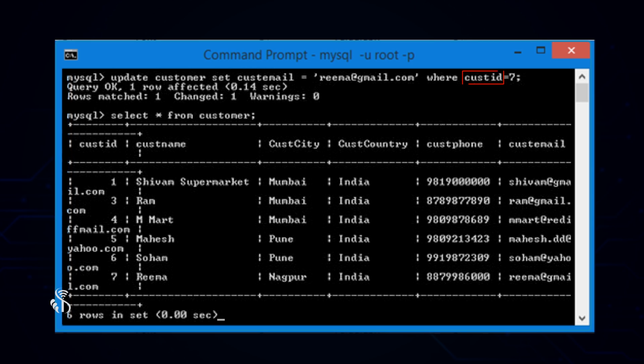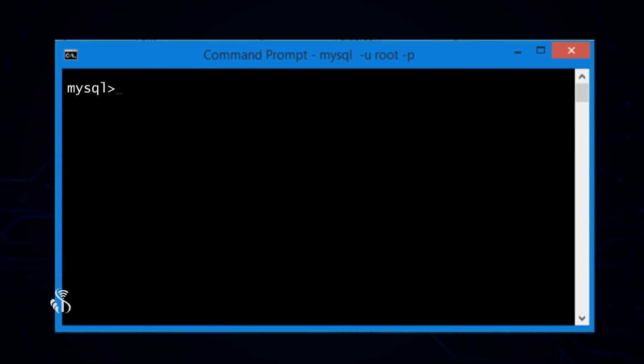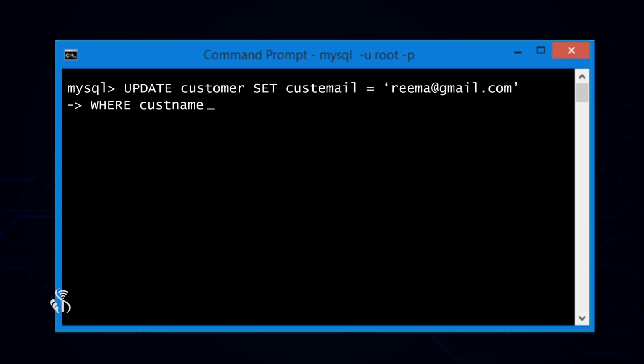Here, instead of customer ID in where clause, we can write customer name is equal to Reema. But beware that as customer name is a variable character, the value needs to be put in quotation marks. So, in that case, the statement will be: update customer set customer_email is equal to, in single quotes, reema@gmail.com where customer_name is equal to, in single quotes, Reema;